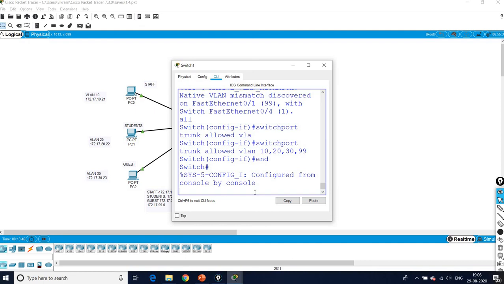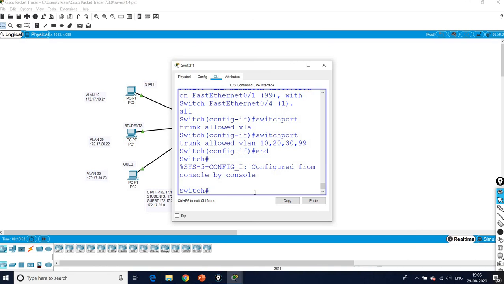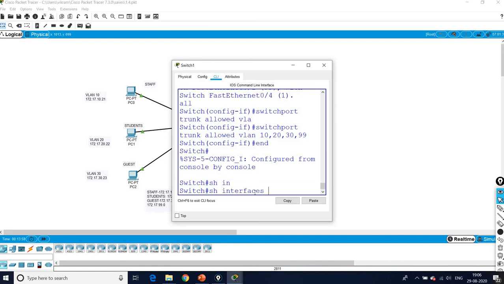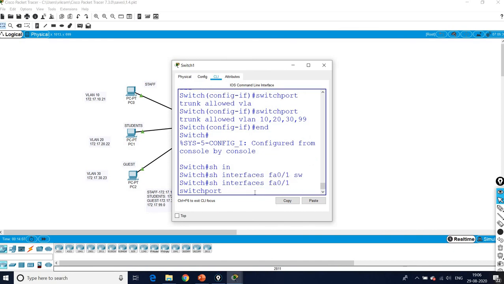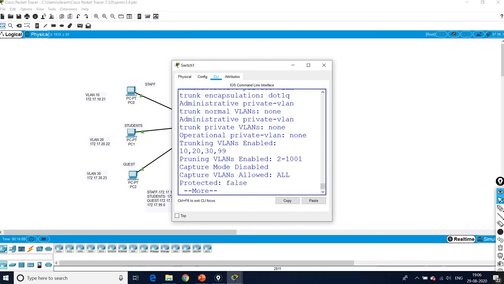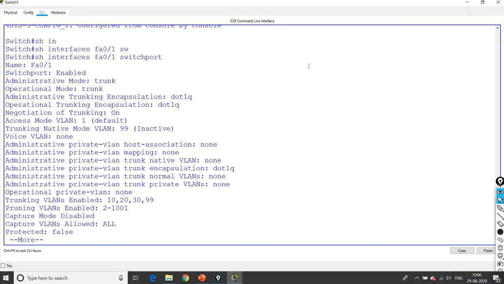So to verify the trunk configuration, we have the command show interfaces FA0/1 switchport. Okay, you can see this shows FA0/1 administrative mode is trunk.